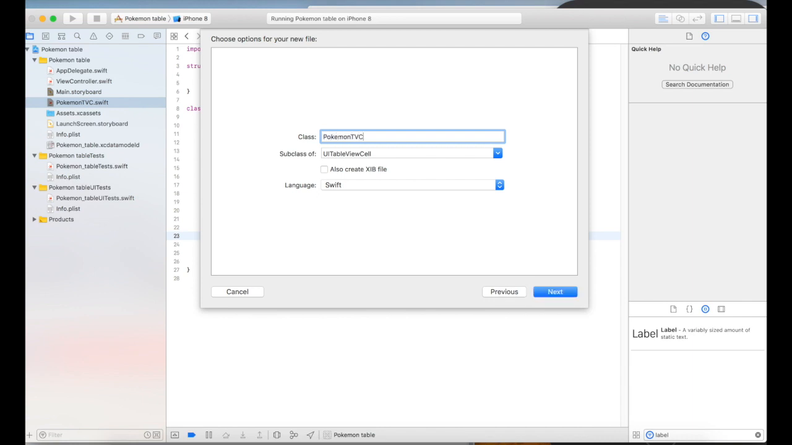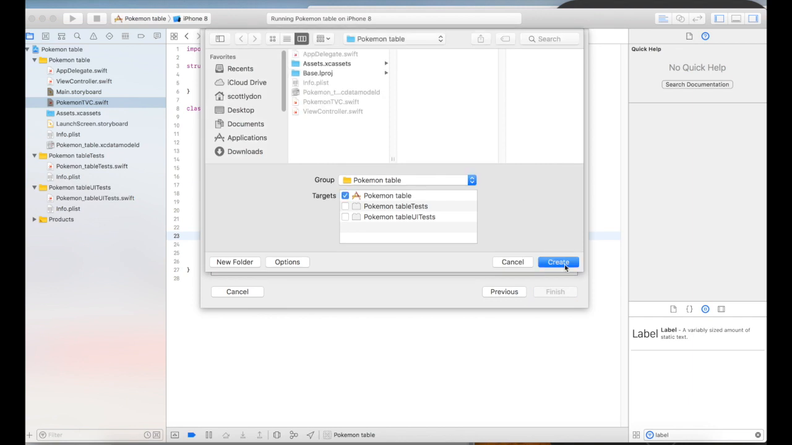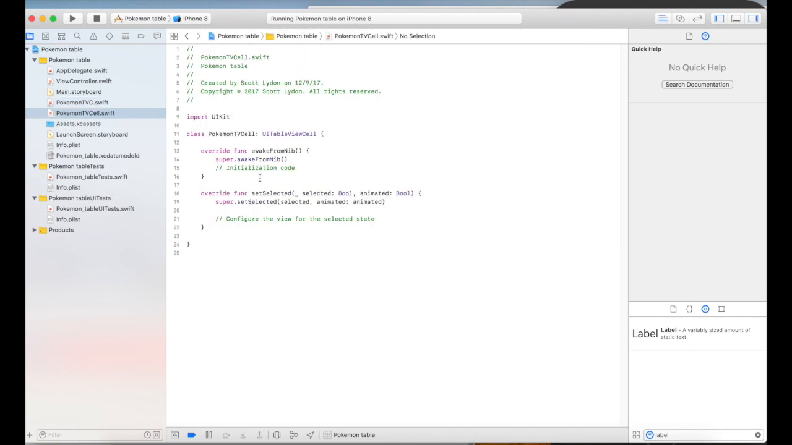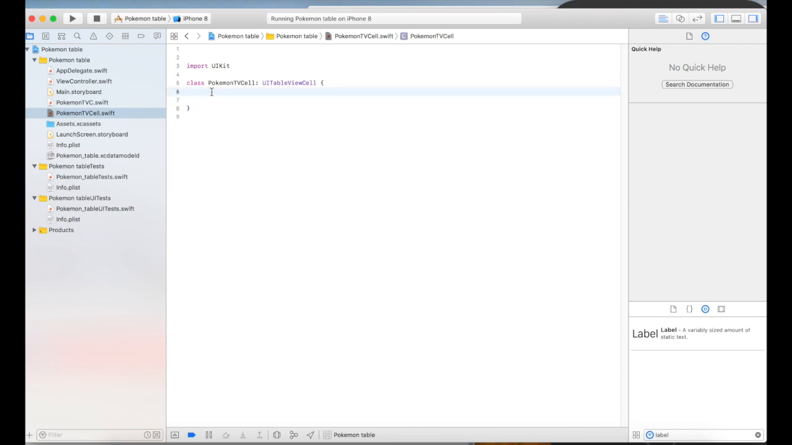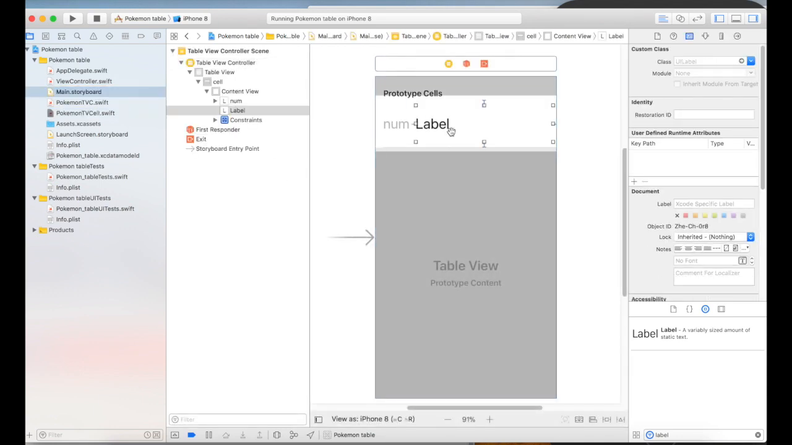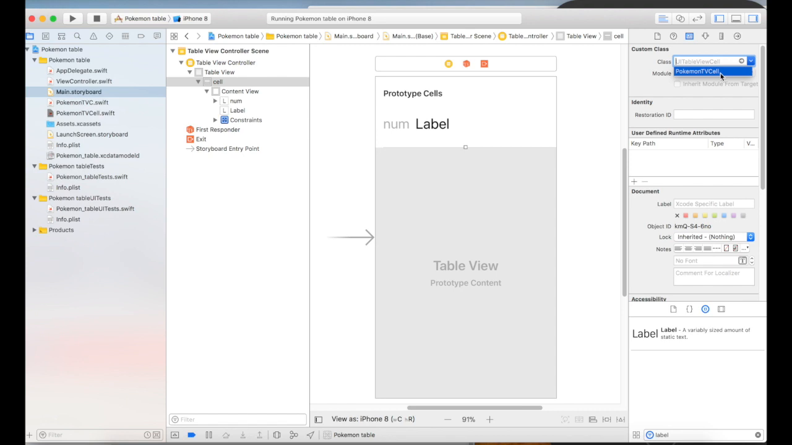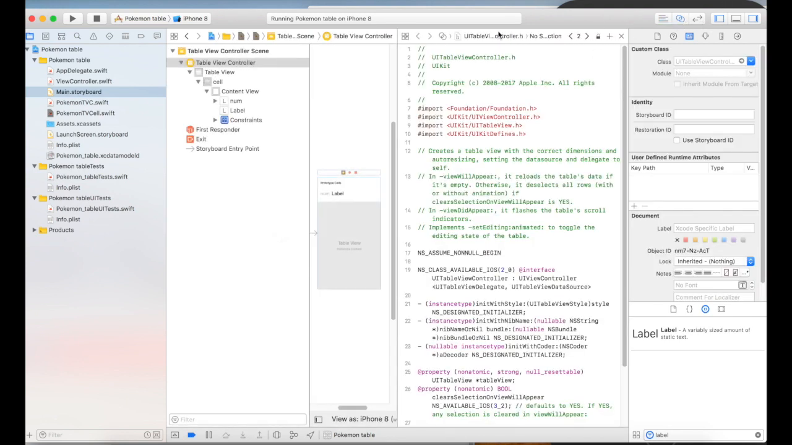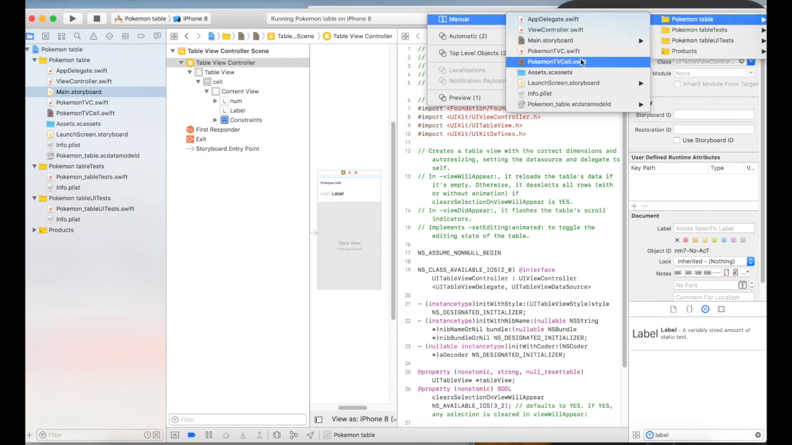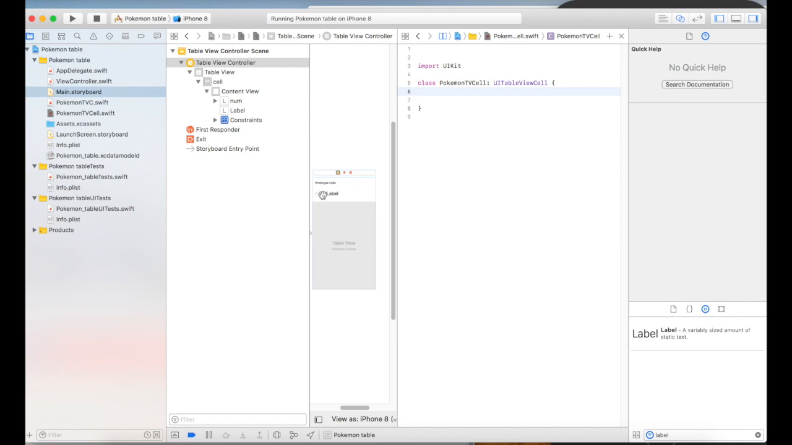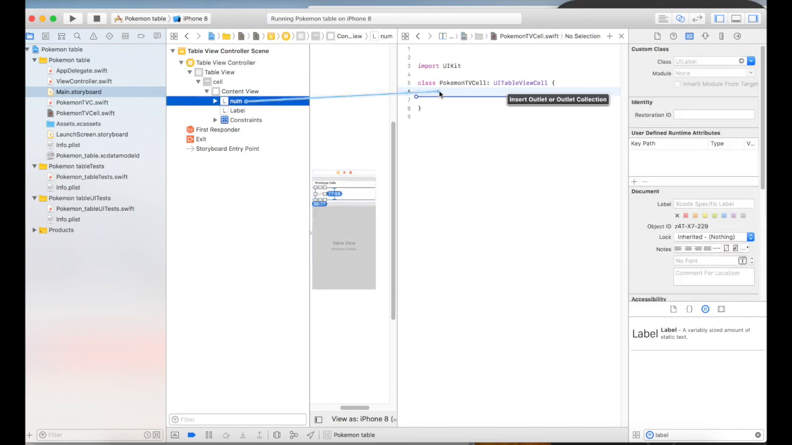Pokemon TV cell. And I'm going to create that. Okay, now we are going to, actually we don't need any of this. So I'm going to connect that cell to its class, Pokemon table view cell. It really doesn't want to give that to me. Okay, so we're going to go to the cell, and here we're going to connect the number